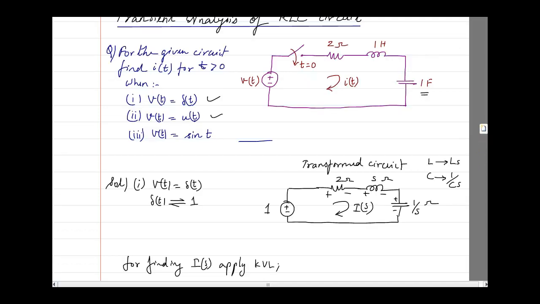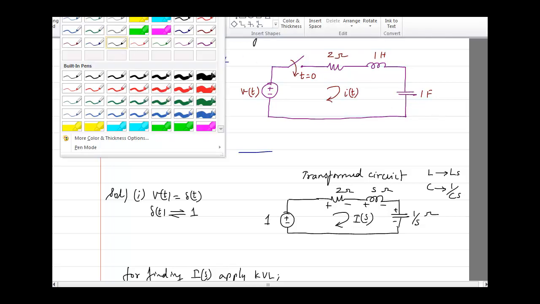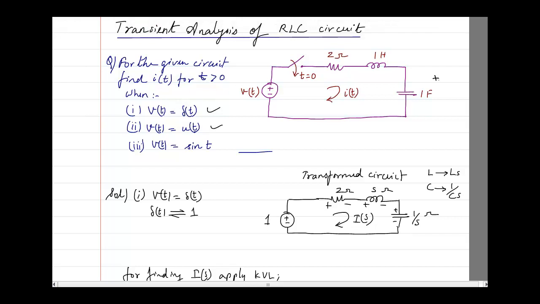Now see, what you should remember is this question will not directly come like this. If it ever comes, it is very rarely it comes directly like this. What may come, and this is important, is you may have to find out the voltage across this. So they will say find V of t. Instead of I of t, they will ask you to find V of t.